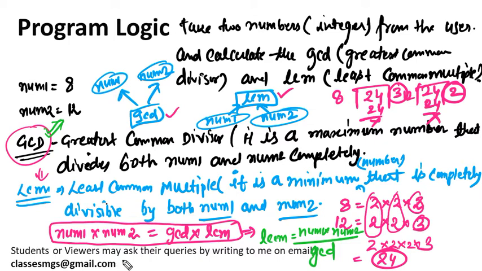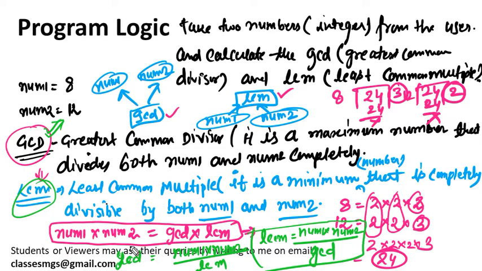And if you write the Python program for LCM, then you can easily calculate the GCD also. So GCD will be what in this case? Number 1 into number 2 divided by LCM. So one program you need to write, either for calculating the GCD or for the LCM, and the second portion you can do by dividing the multiplication of the numbers by the other. If you divide by the LCM, you get the GCD, and if you divide the multiplication of number 1 and number 2 by the GCD, then you will get the LCM. So you can try it.